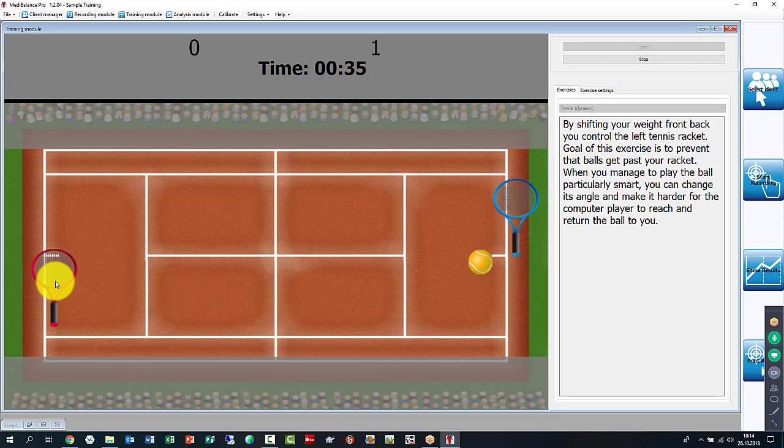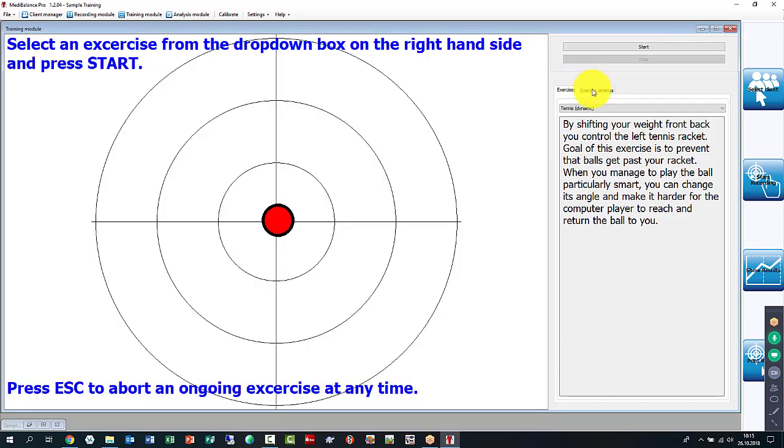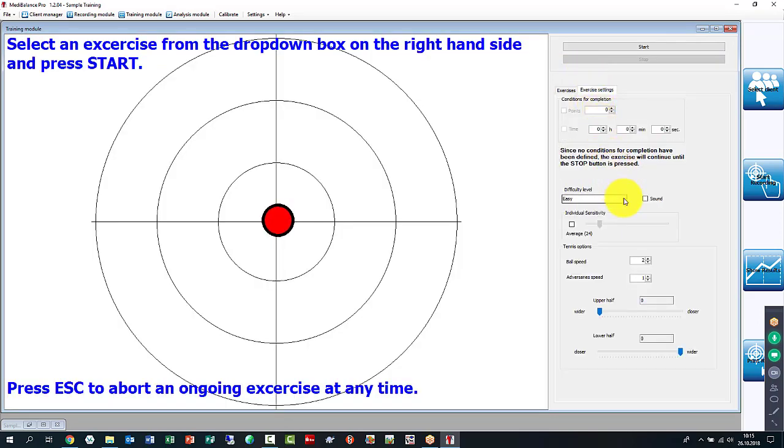You can also use the handle of the racket. It will still work. And now you have to anticipate, okay, what's the curve that ball has taken to make sure that you're actually there to hit it. And now if you manage to hit it to the other side of the field, there's a higher probability for you to actually score against the computer. Now this is all very slow motion, so let me make this a lot harder, even though I'm behind and I'm choosing